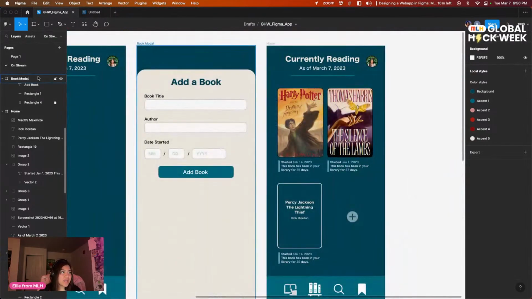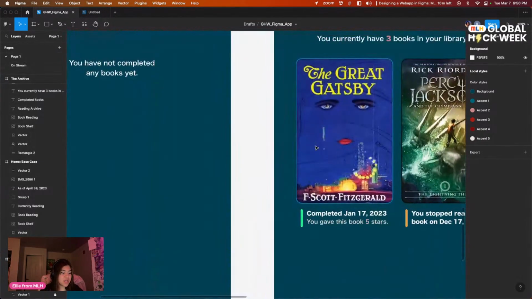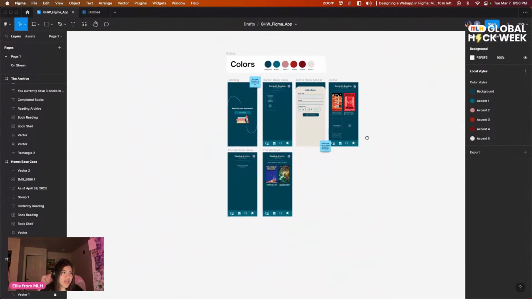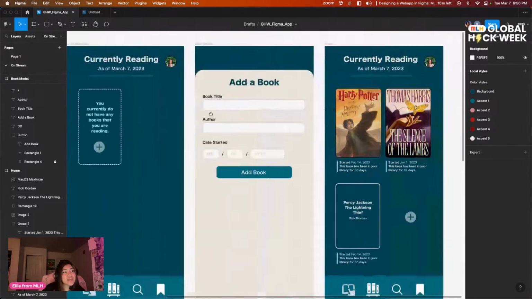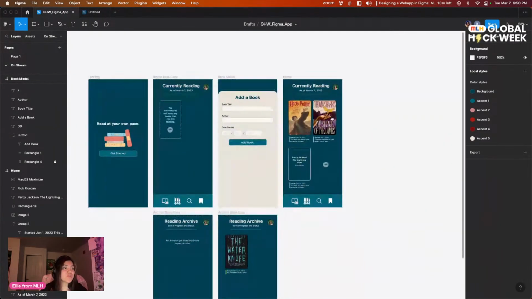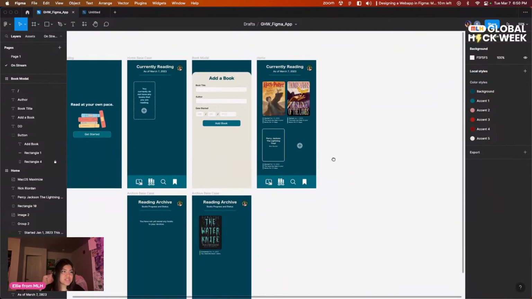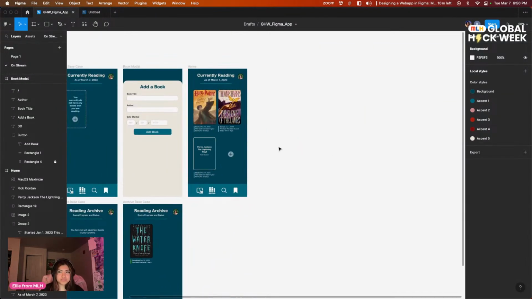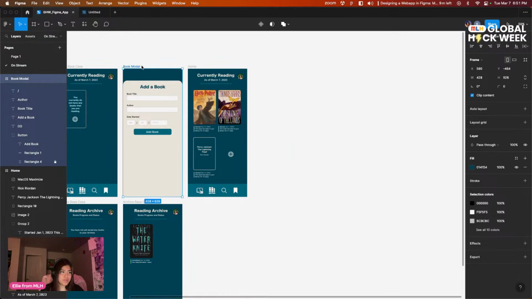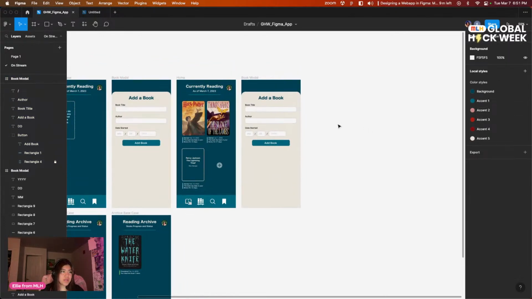But I don't have a screen for that. So this is actually something we're going to build out together in the next 10 minutes. So let's see if we can pull this out before end of stream, and you can sort of go through my thought process of making something like this. So I want it to also be similar to the book modal, like adding a title, but now you're looking at the book and you want to transfer this. So what I'm going to do is copy the book modal,